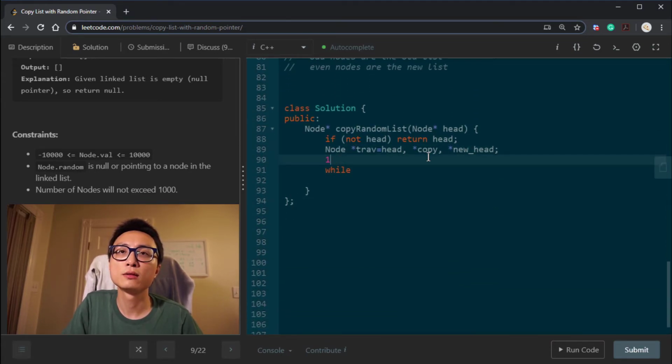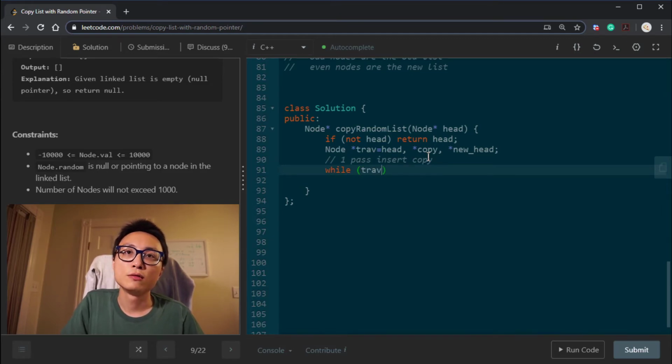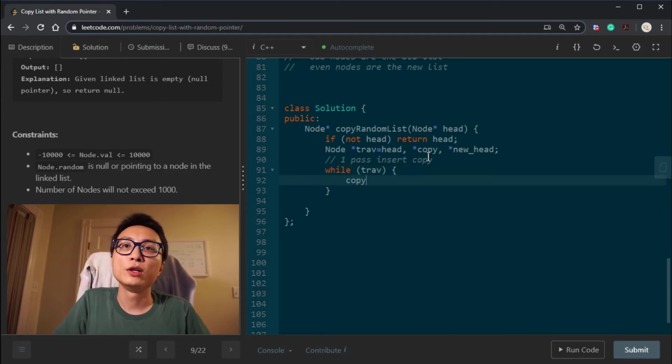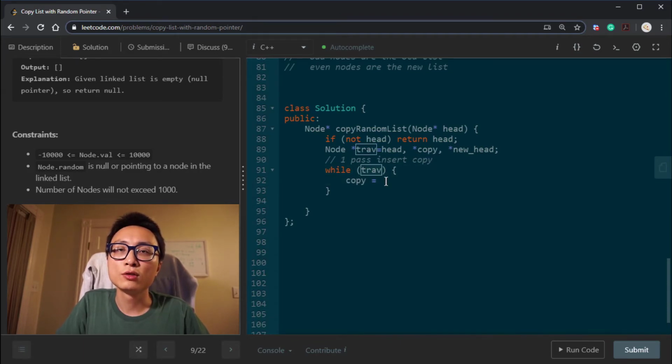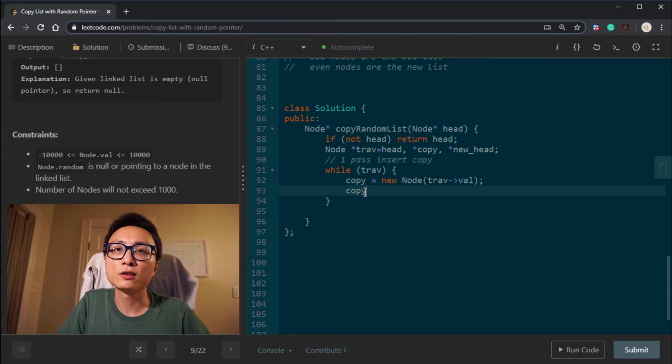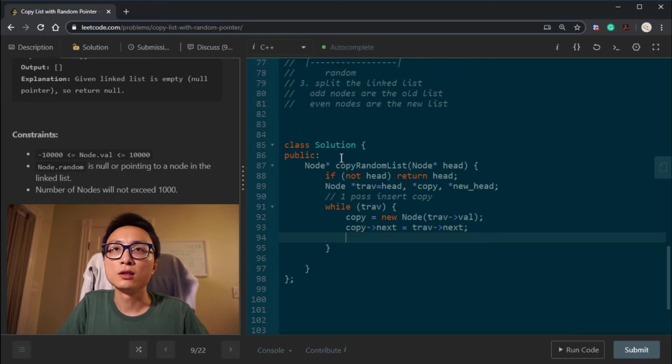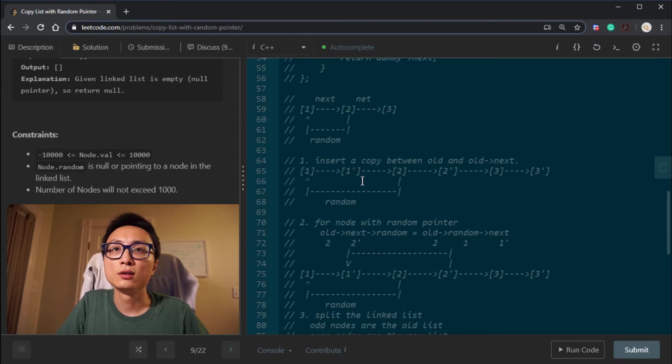So the first pass. While traversing, copy is going to be a new node with the old node's value, and we're gonna set this node's next to be the original old node's next, so that we insert it in here to have it point to 2.